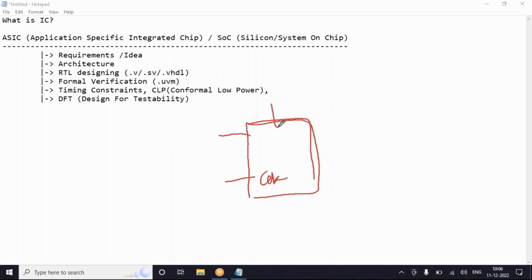Clock, set or reset, input, output. So you said 3, and give me 4 pins. Sorry. Actually there will be one more pin, Q bar. According to our requirement, it might change. Now, along with this, there might be some extra pins as well. So here we are talking about DFT, right? Scan chain, I said. From that particular scan chain, do I need extra pins called SI and SC?